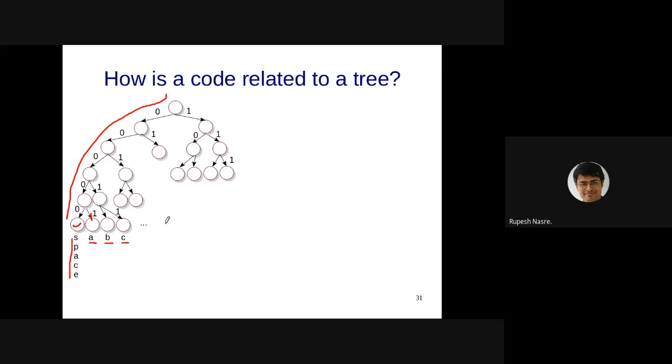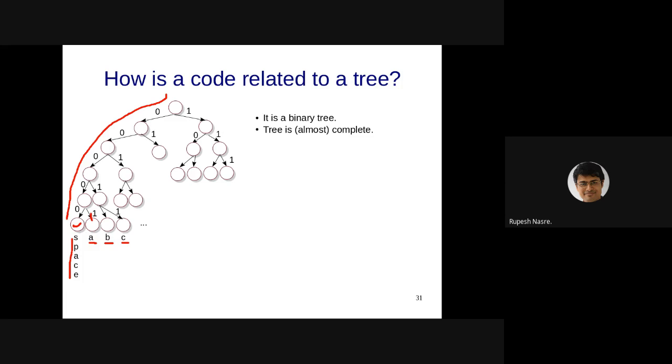That way, the tree is going to give you actually the encoding. So the first thing is that it is a binary tree because we are talking about only 0 and 1. And you can have a representation which says that left is always 0, right is always 1, but that is just a convention. You can have the opposite also. If you mirror the tree, then you will get the opposite code.